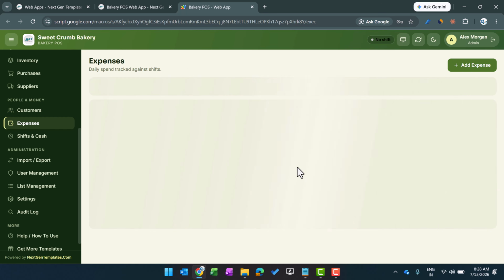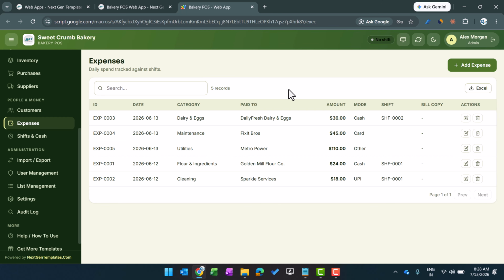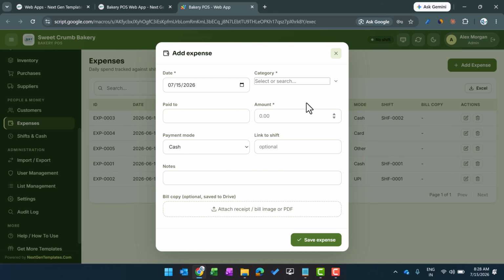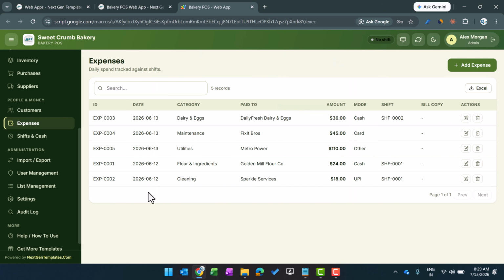So whatever your bakery expense, you can just give the input. It can be salary, maintenance, or other things. So you can just add the expense here and select the category. These categories are customizable. You can add a new category and just input it here. If you want to add the receipt, that can also be uploaded and it will go to your Google